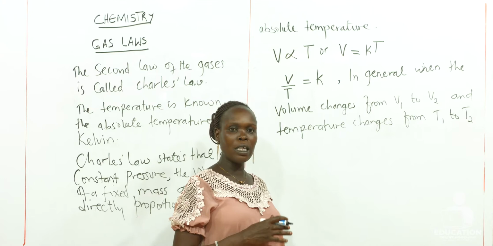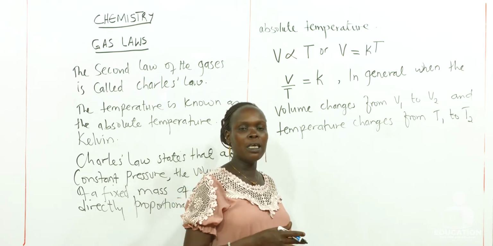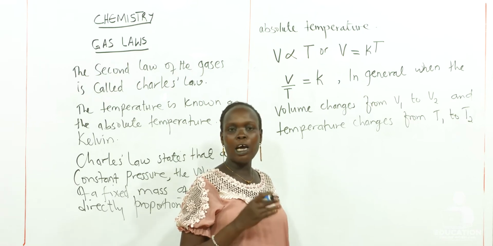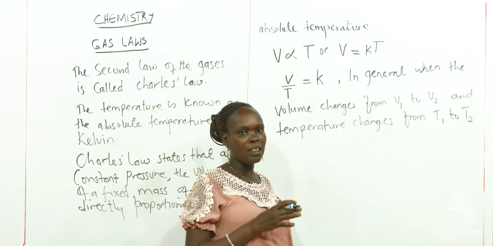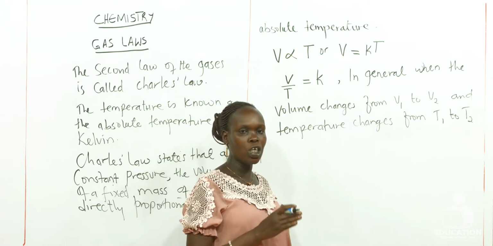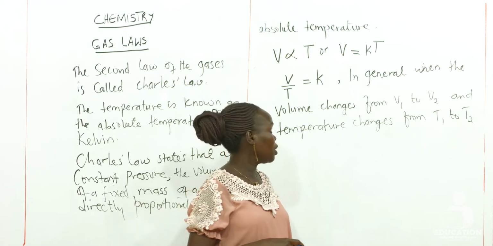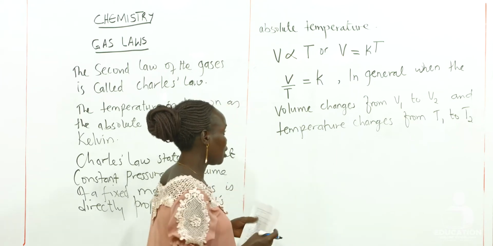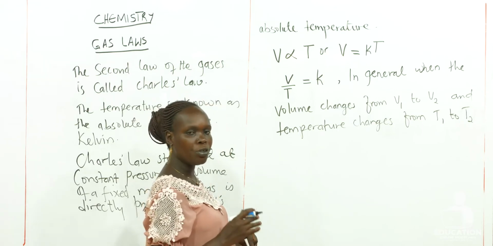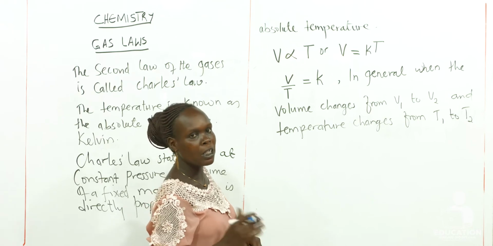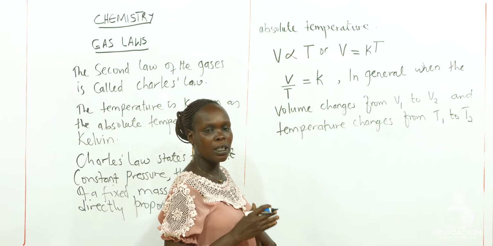So here, because there is a smaller distance between their molecules, this makes them collide with each other and with the container that they are kept in. So if they collide, it means there is going to be a change in the temperature and a change in the pressure. So we shall represent this by temperature 1 and temperature 2, also volume 1 and volume 2 here, because we kept the pressure constant, and this is what Charles said